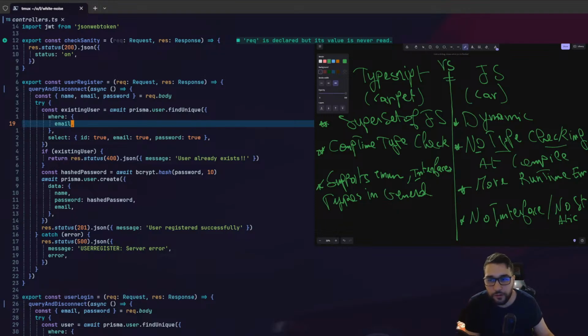So JavaScript is dynamic. Let me choose another color. TypeScript is a superset of JavaScript, therefore it's not dynamic anymore, it's basically statically typed, right? There is no type check in JavaScript, and here we are talking about compile time, kind of. On the other hand, TypeScript does have a type check, which means that when you run the application, it checks whether that's actually an array of numbers or not.